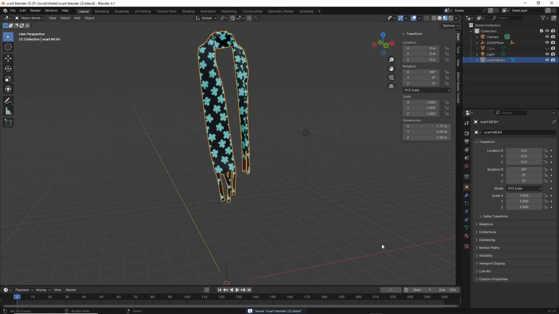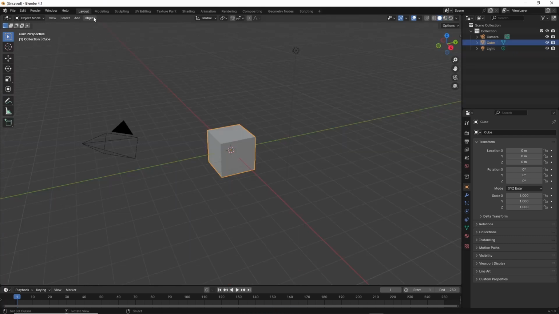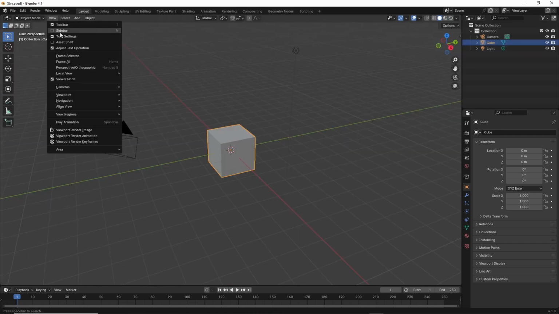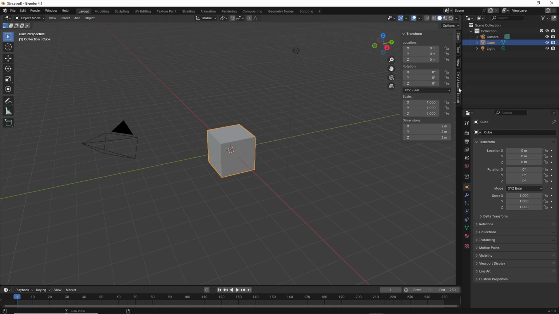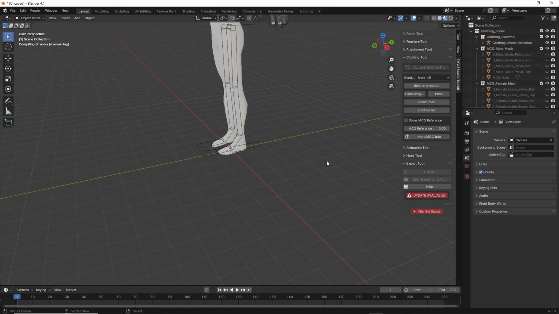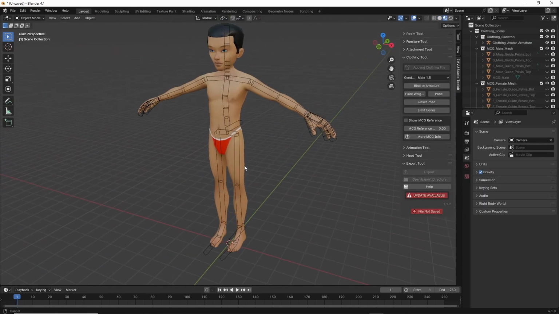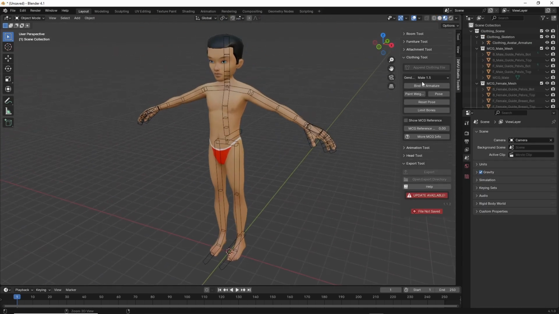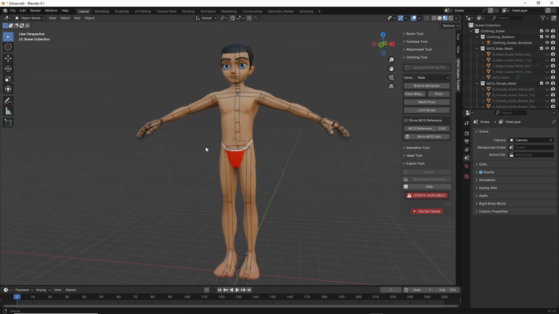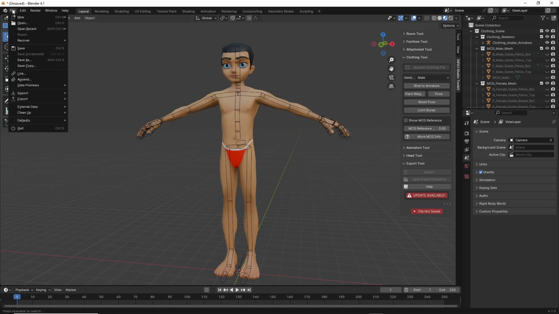Right, so clothing tool. We need a new file. View, sidebar, IMVU toolkit, clothing tool. Open clothing file. So we've got the male 1.5. We use the default male, so we need to change that to male. And then all we do is file, append,